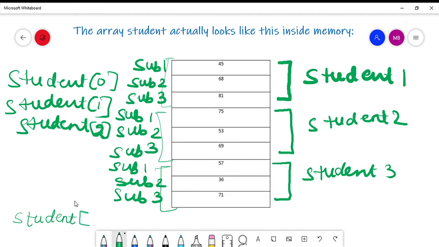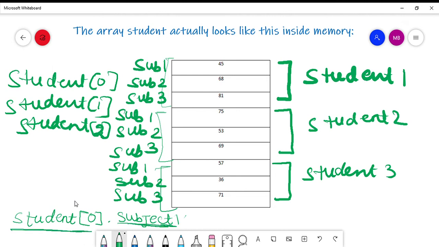So I will write student 0, which is the variable name, then a dot operator, then the member name. Which member do I want to access? The subject 1. So I will write subject 1. So this is how I will access these arrays in case of structure. Student 0 dot subject 1, which is representing the marks of subject 1 for the 0th student, right?